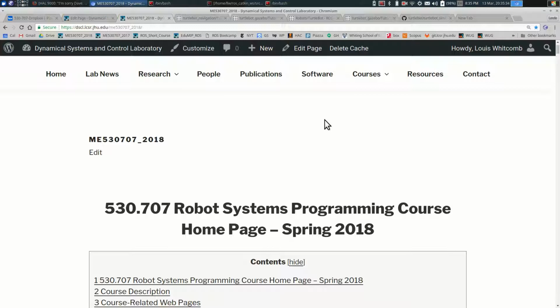Today is the 13th of April. Next week is spring break. This week's assignment is going to be the last canned assignment that you're going to work on. There may be some optional ones that you can do conditionally, but the first week back from spring break,